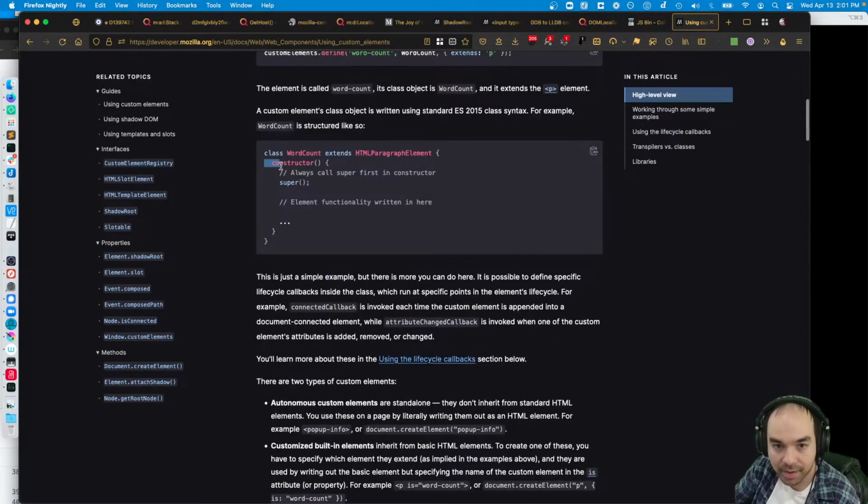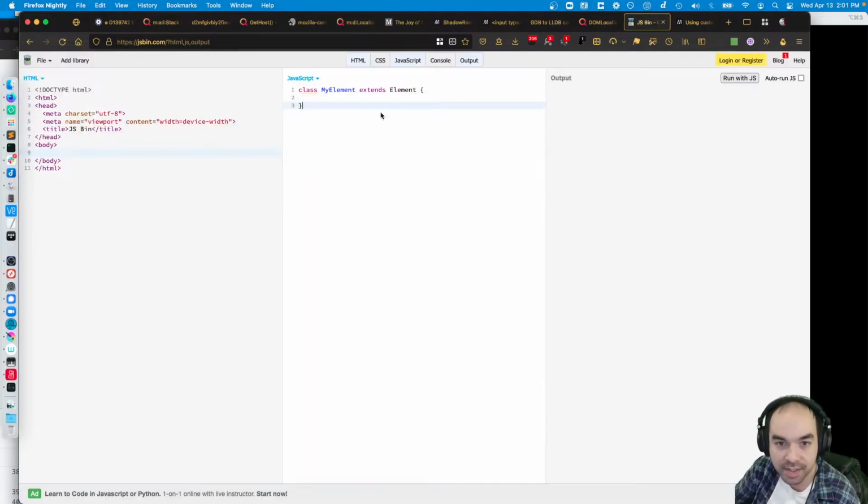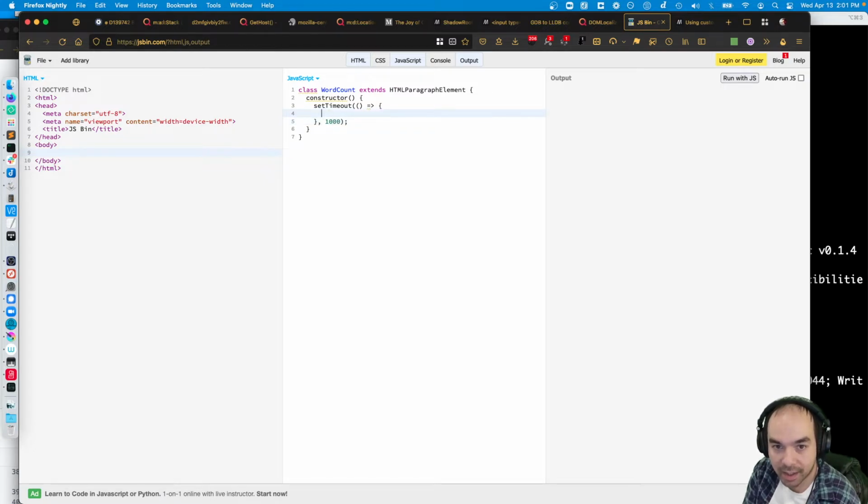Sure, paragraph element sounds good. Let's just use this example. Class such and such extends paragraph element. In the constructor, what we're going to do is, can I do a set timeout? After 1 second, we'll try and get at